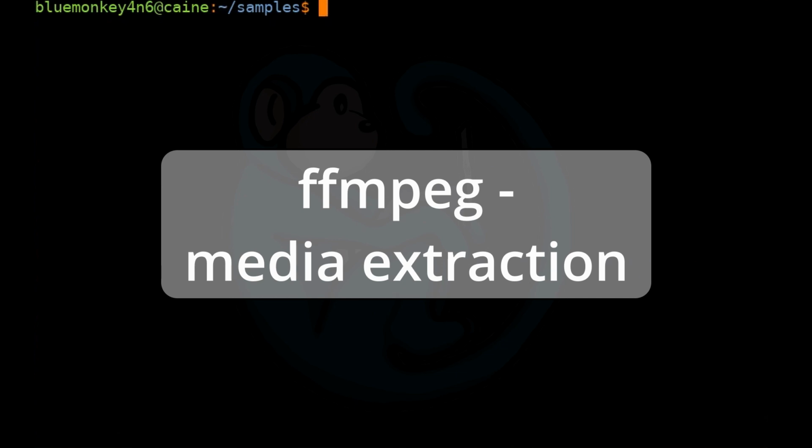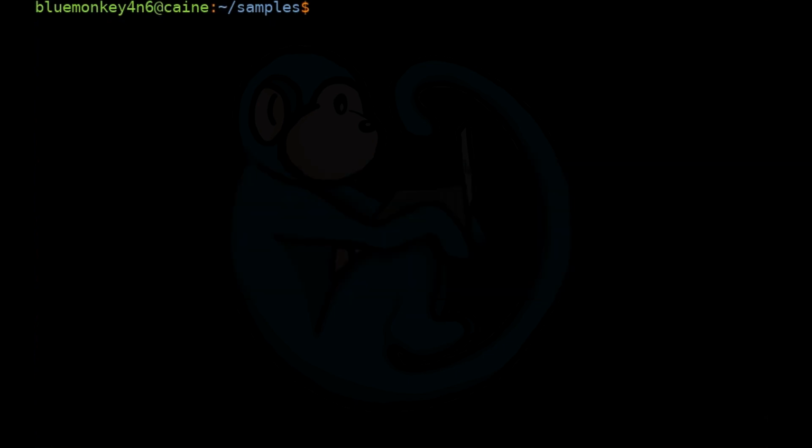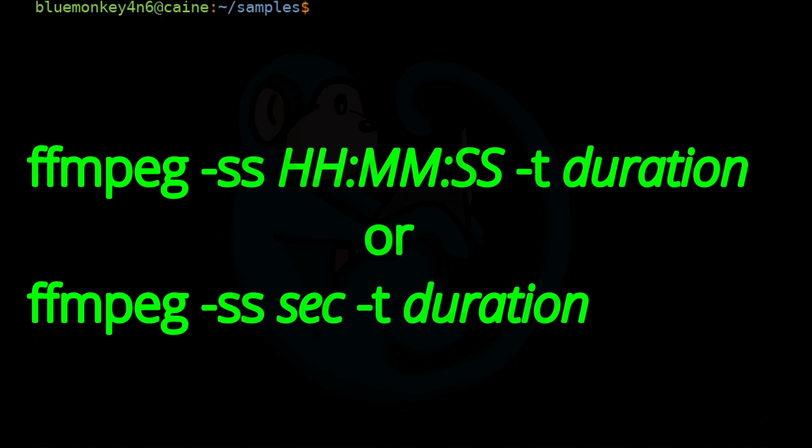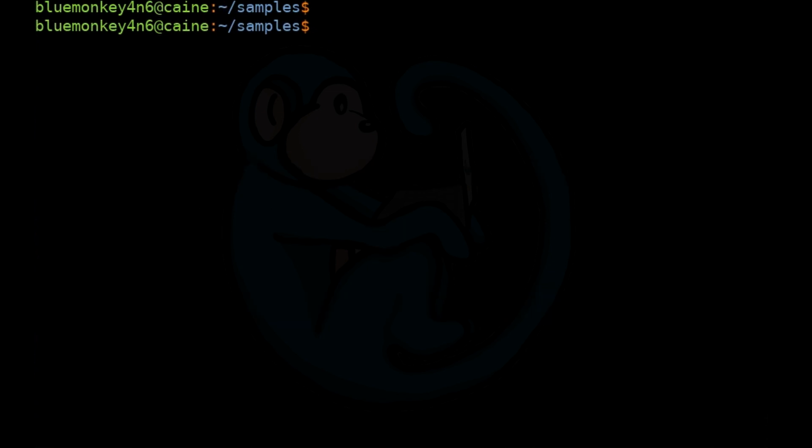Sometimes you may get a long video and you're only interested in a short segment. To extract just the segment you're interested in, you can use the -ss function to seek to a timecode. Then use the -t option to set the duration of data read from the input file. Time durations can be specified in numbers, which defaults to seconds, or they can be specified in the hour, minute, second dot microsecond format. One thing to note is that the -ss option needs to go before the -i specification